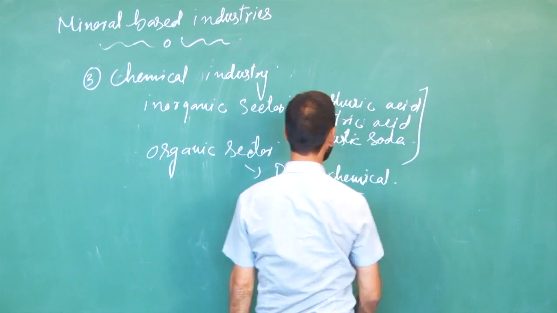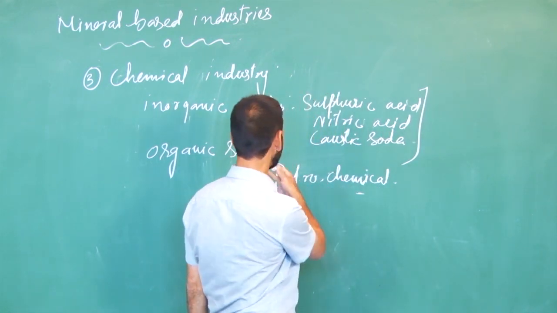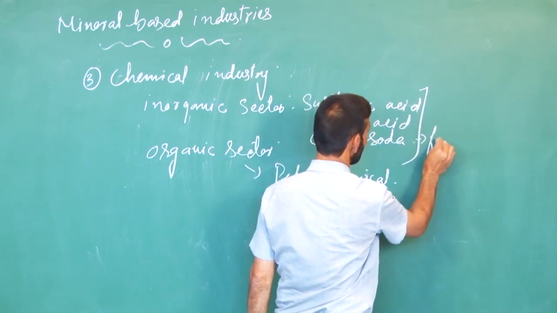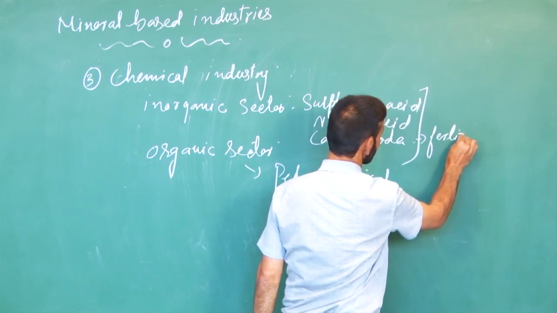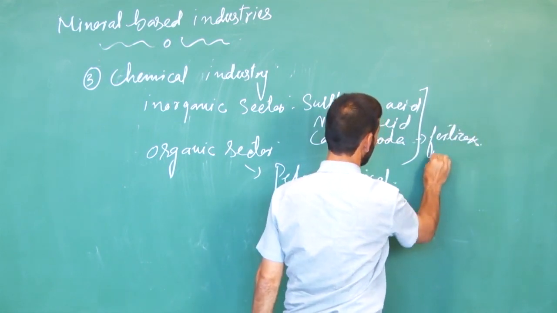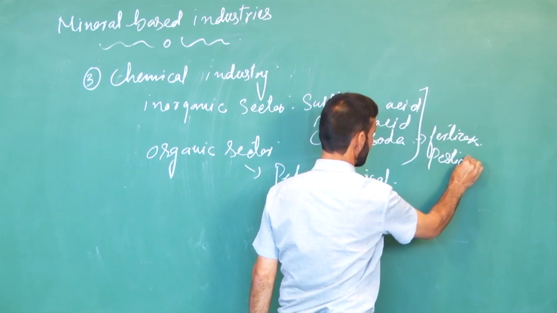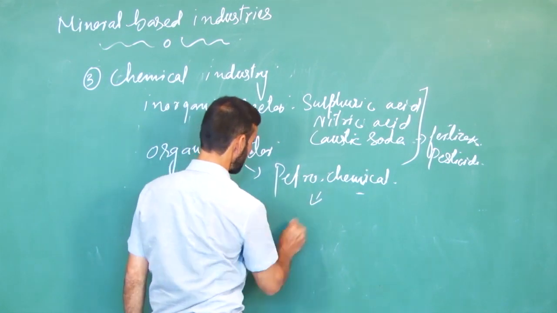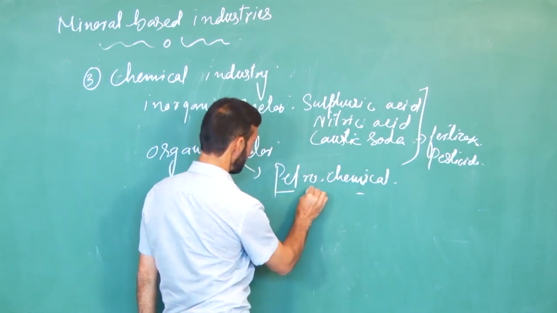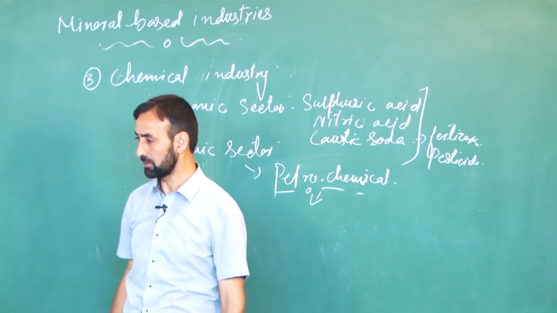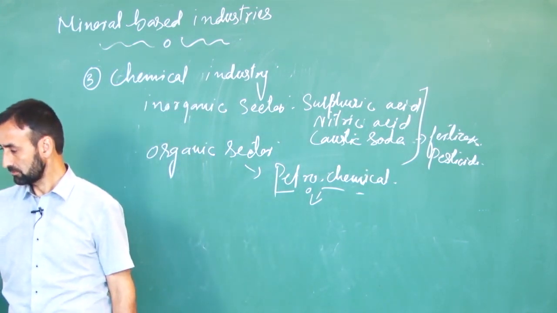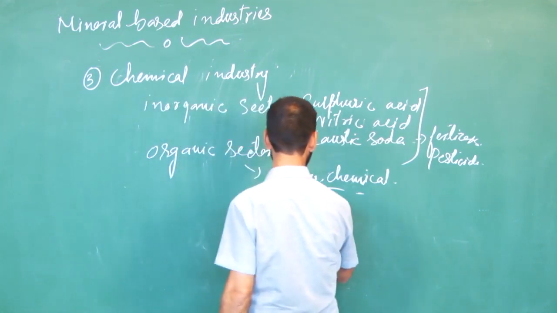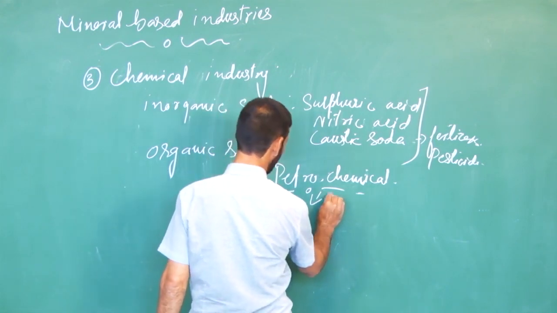The inorganic sector is providing these things and manufactures different kinds of valuable goods, that is fertilizers, pesticides, etc. These petrochemical industries are also used in different industries, particularly for the manufacturing of fertilizers as well.